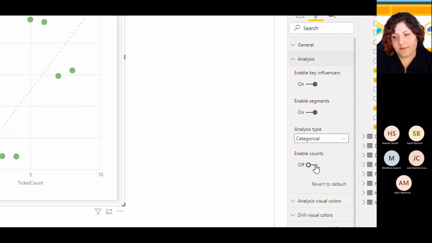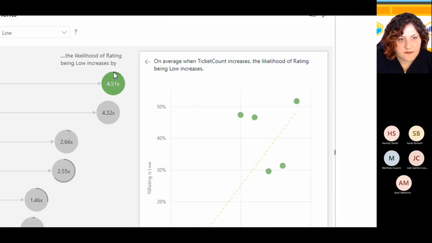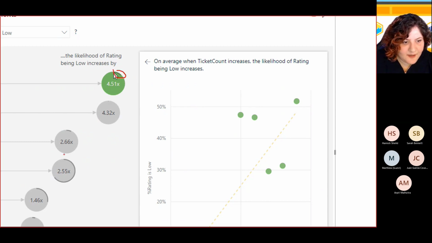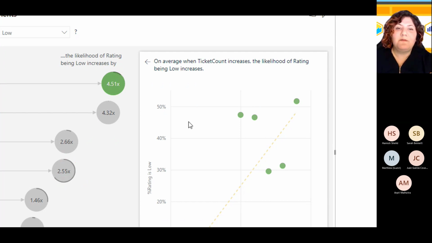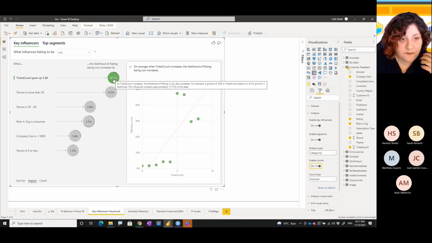Enable count means how many people are affected. Besides the impact on people rating low or high, you can see there is a line behind it. This line shows how many people are actually affected by that. So the first rule has about 4.51, yes, that's a really high impact, but it only covers 11%